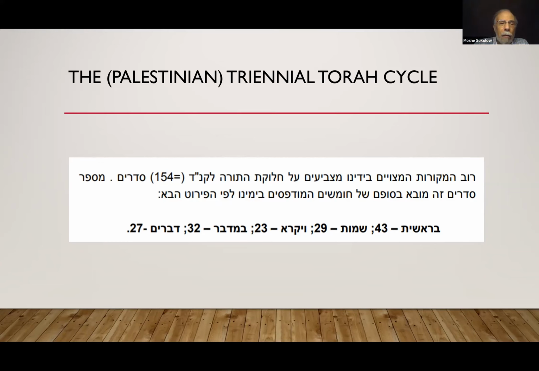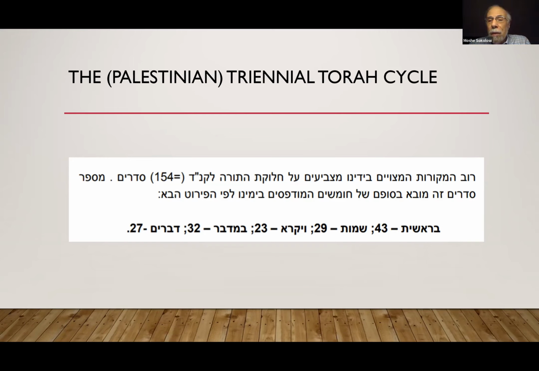And here, just simply to tell us how they counted their weekly Torah portions. Obviously, if they completed a cycle in 3 years, they should have approximately 3 times as many portions. So the only question is, would they be multiplying 50 by 3, 52 by 3, 53 by 3, or 54 by 3? So it turns out that, as you see here,